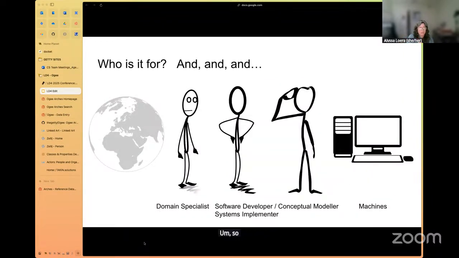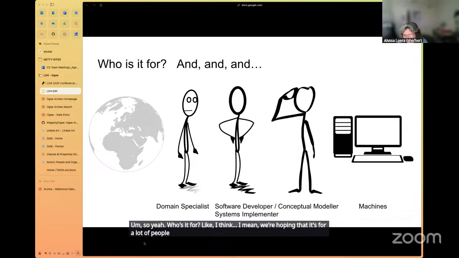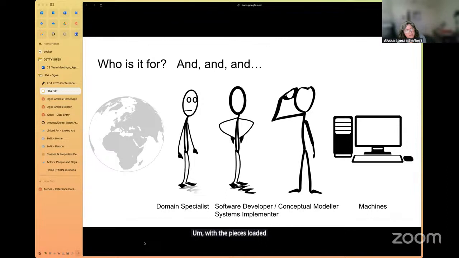So yeah, who is it for? I mean, we're hoping that it's for a lot of people, I think generally. The idea is that you can have this understanding of linked art and CIDOC CRM and all these things, but you also don't need to. With the pieces loaded in there already, you have that GUI interface that really speaks to the side of the data creators.